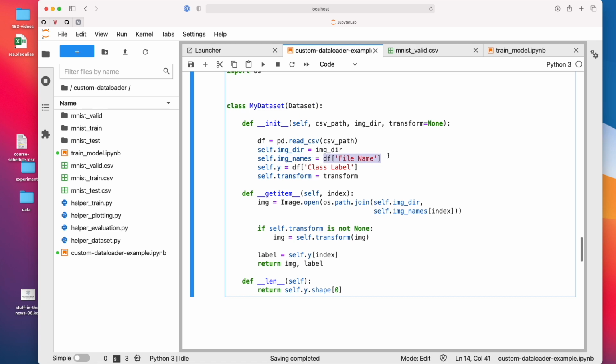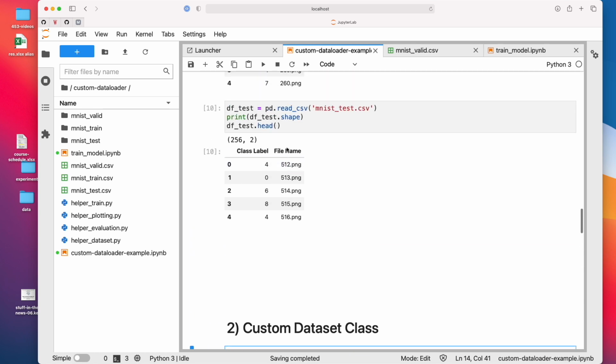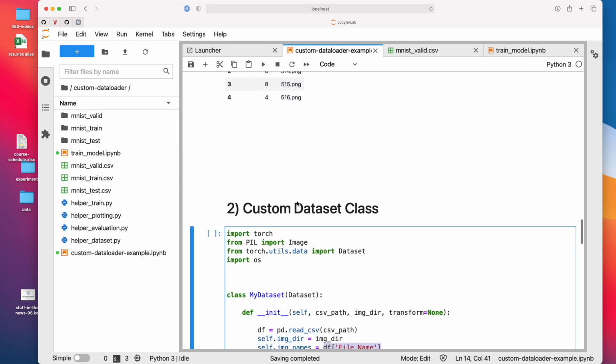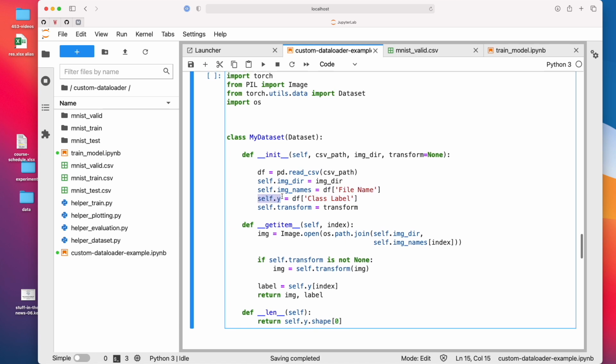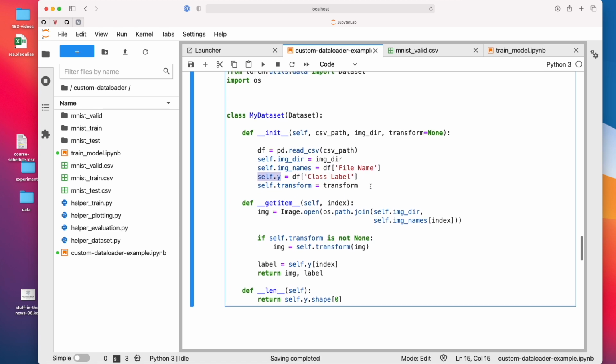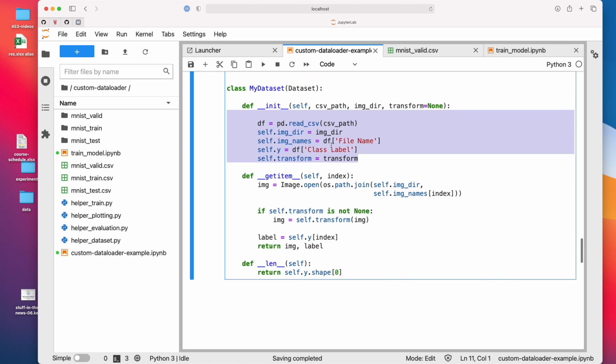And this comes from the CSV file, from the file name column. So if I scroll up again, this is this column. We just save this column here. And then we also save the class label column as self.y. These are our class labels. And then we just store whatever we provide as transform here. So this is a setup for the dataset when it's created.